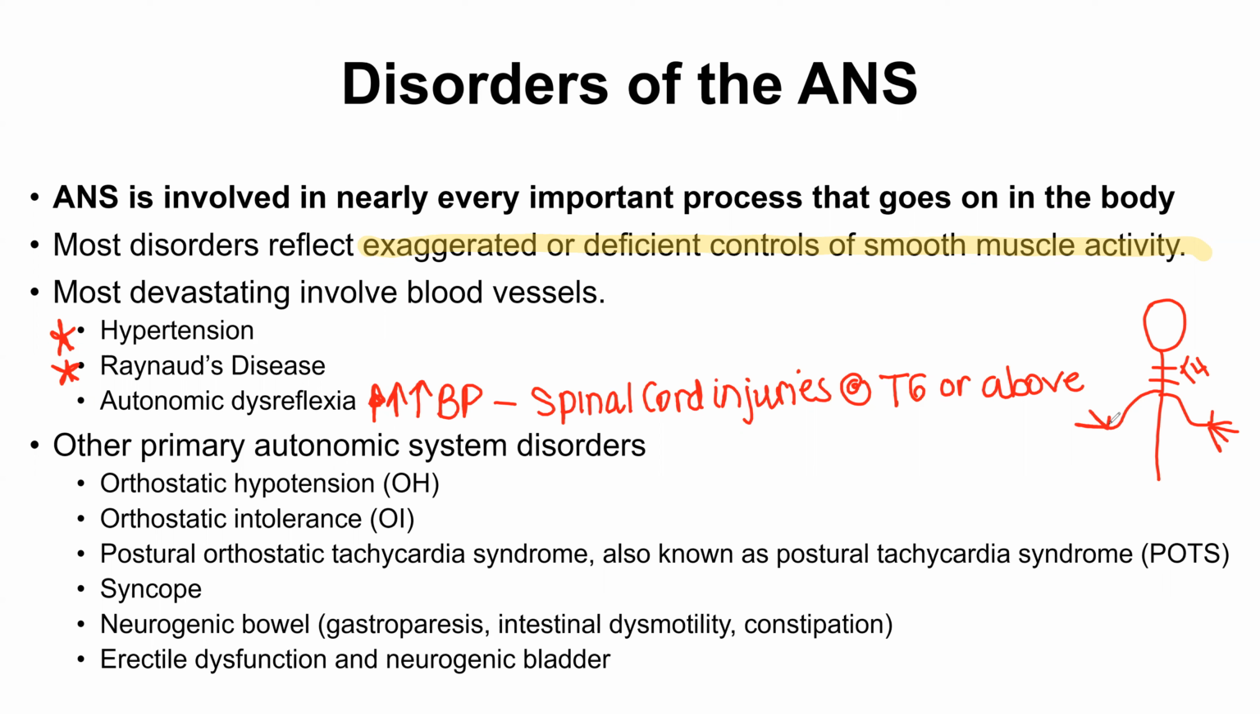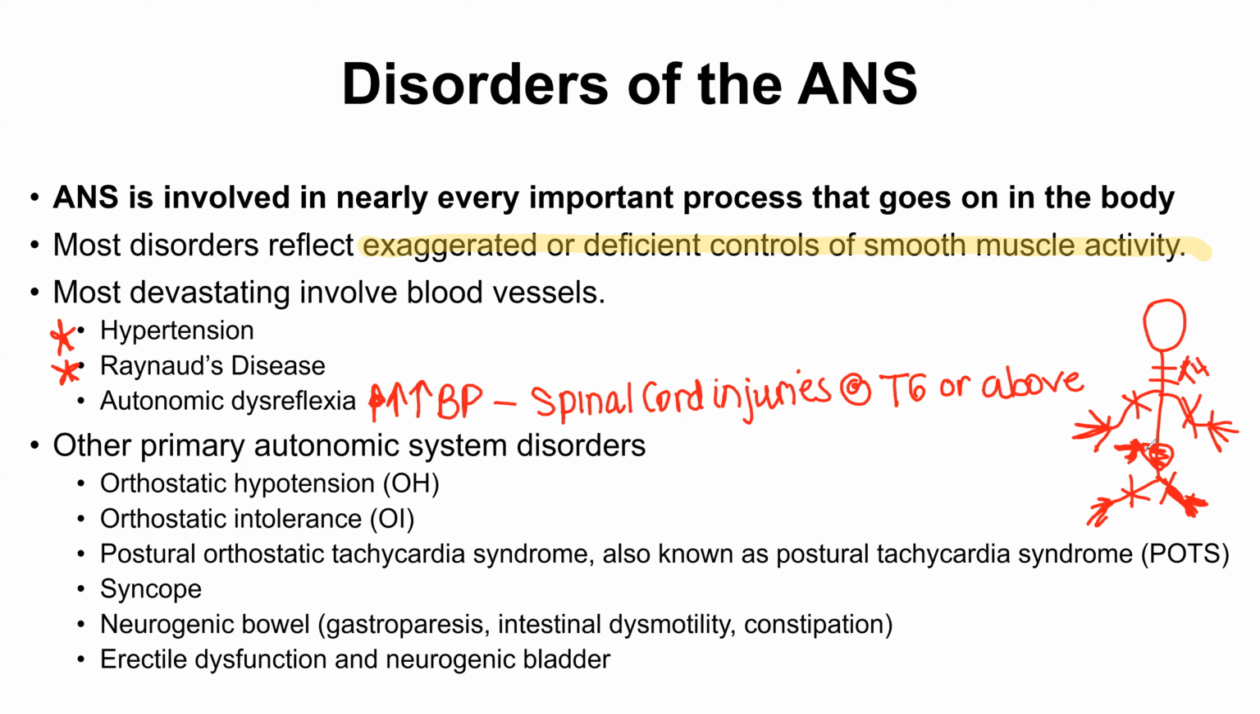I'm going to draw my little person here. Looks crazy, but okay. So if you have a spinal cord injury at T4, that means you're going to be paralyzed if it's a severe spinal cord injury, right? And so you might not notice things like when you have a full bladder and distension of the bladder,